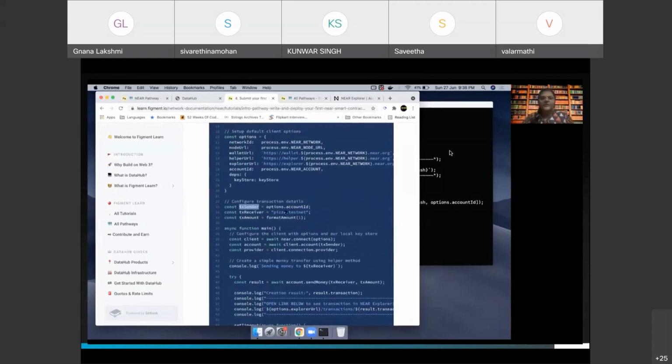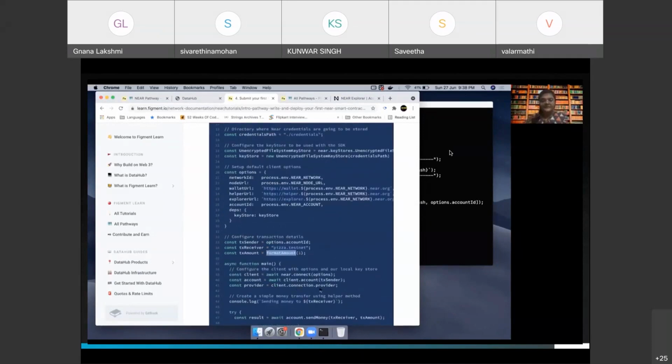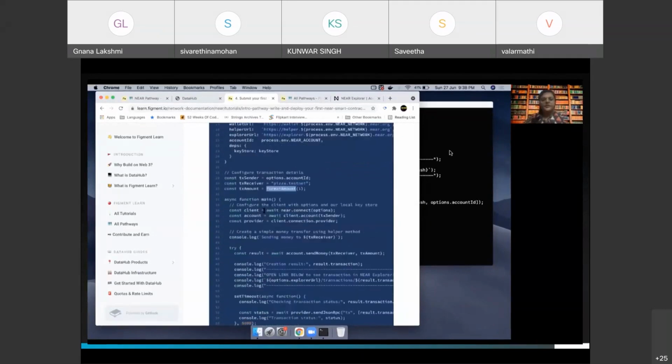Now the transaction sender is going to be options.accountId, that is us, the account ID that we have created. The receiver is going to be pizza.testnet, another account, right? And the transaction amount is going to be 1. So we're going to be formatting it to make it near compatible, right? So what are we doing here?